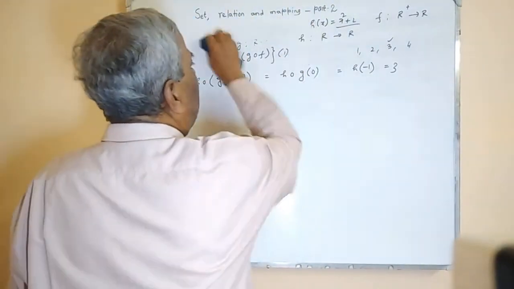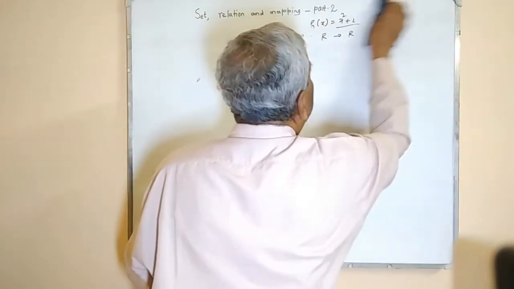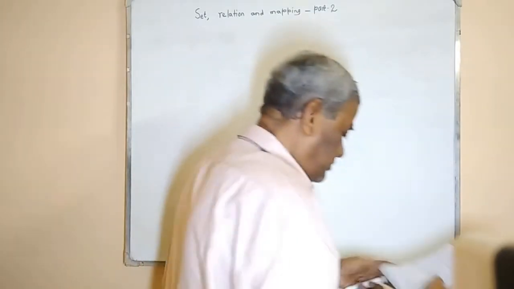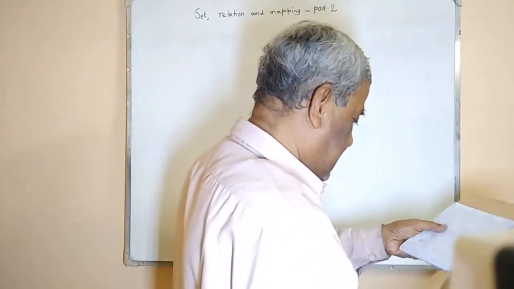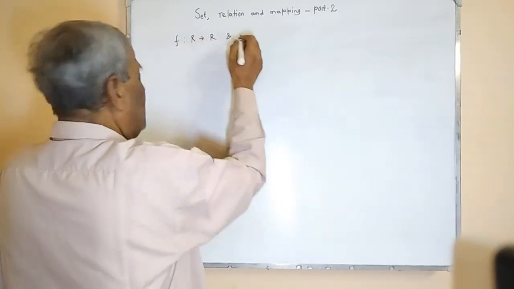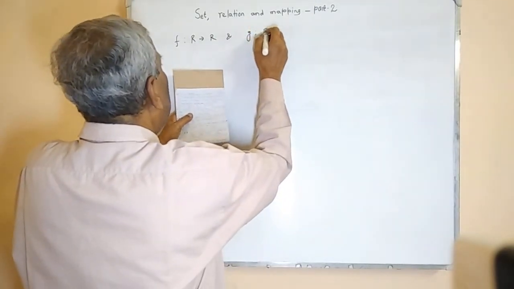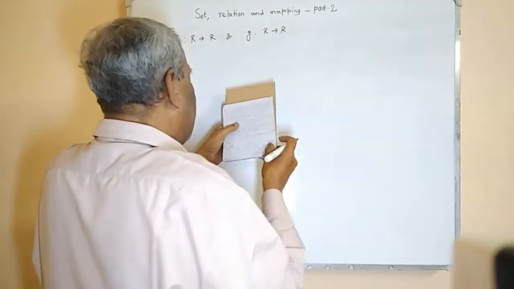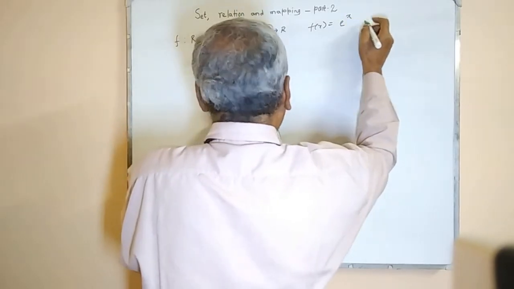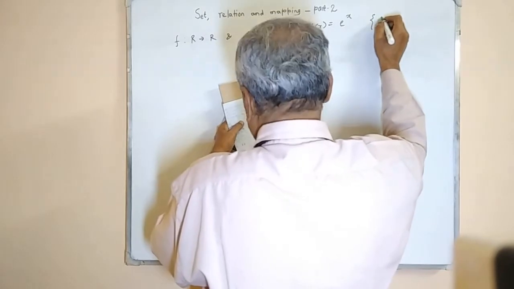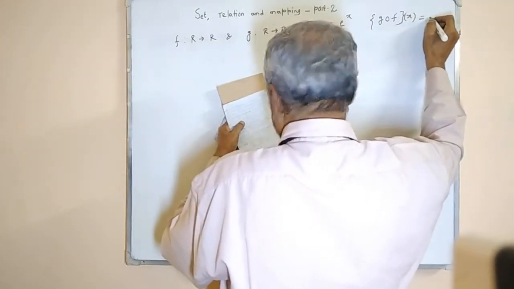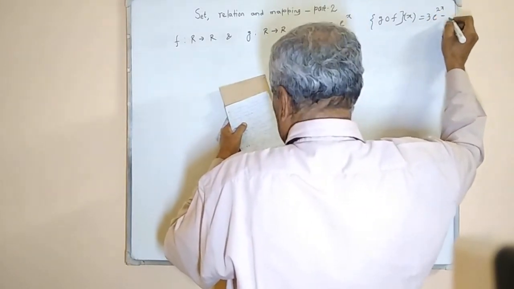Next problem. If f from R to R and g from R to R are two mappings such that f(x) is equal to e to the power x, and g(x) is not given, but given is g composition f of x is equal to 3 e to the power 2x minus 1. Then